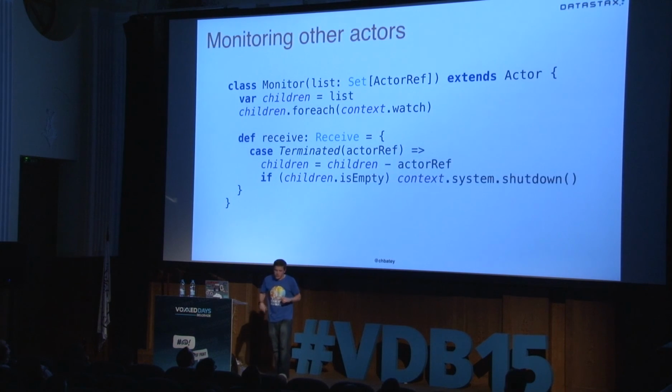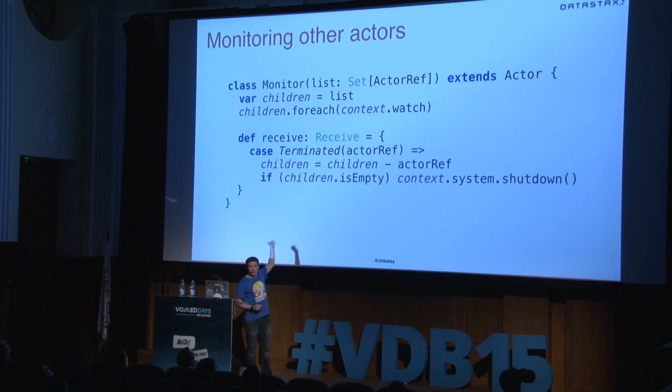Another cool thing you can do is, because each actor is not a thread, it hasn't got that megabyte associated with it, you can have millions of them per gigabyte. So for a particular query to a database, you could spin up an actor, and then you can monitor them. So its parent, whoever creates it, is looking after it, but also you can just look after a set of actors. So inside the application, it spins off like 1,000 queries, and then it has another actor which monitors them. We watch them all, and then we get told if one terminates. The reason it would terminate is if, say, we got an exception. We couldn't connect to the database or something like that.